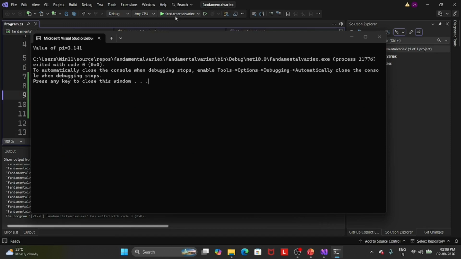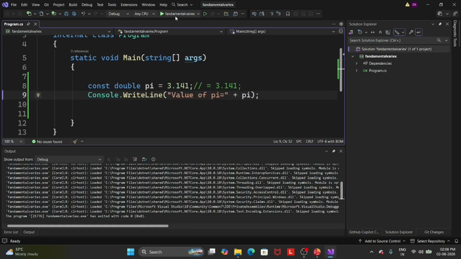So this one is the constant. I hope you understand what a constant is and how to use it.